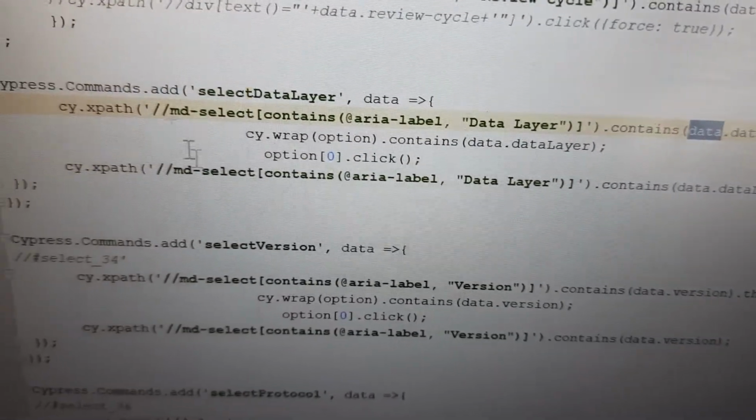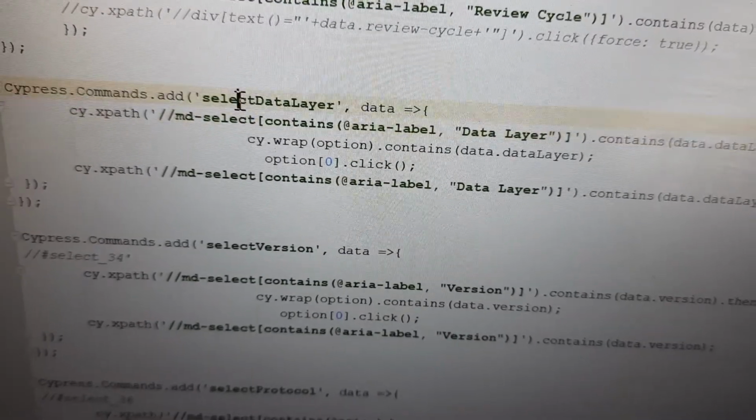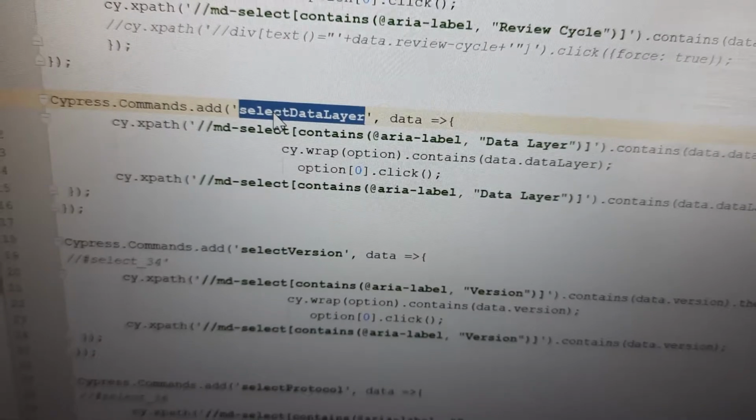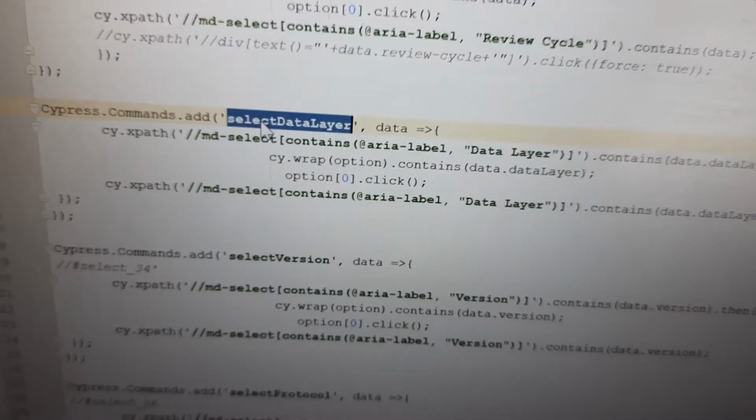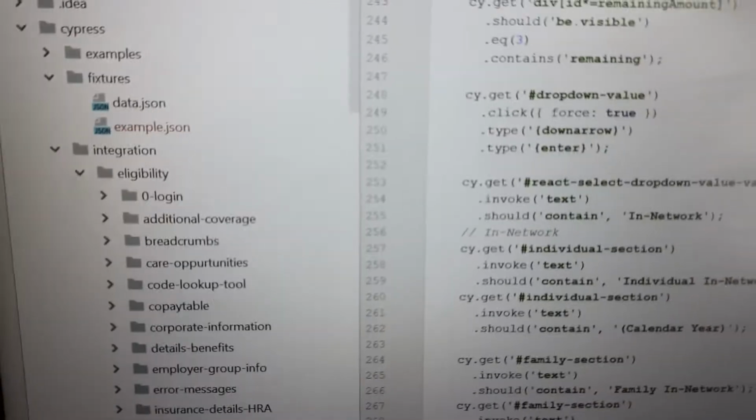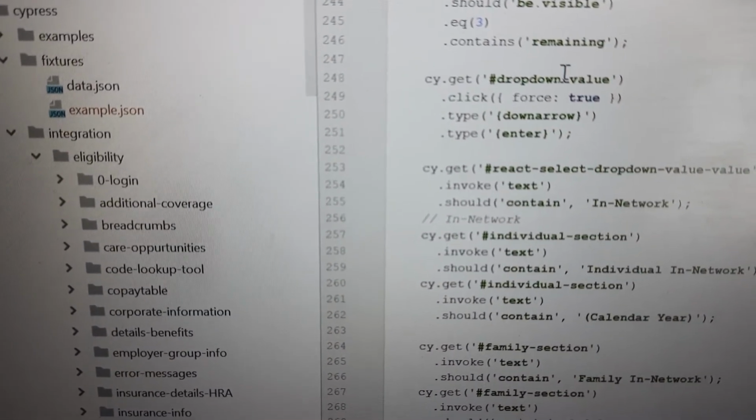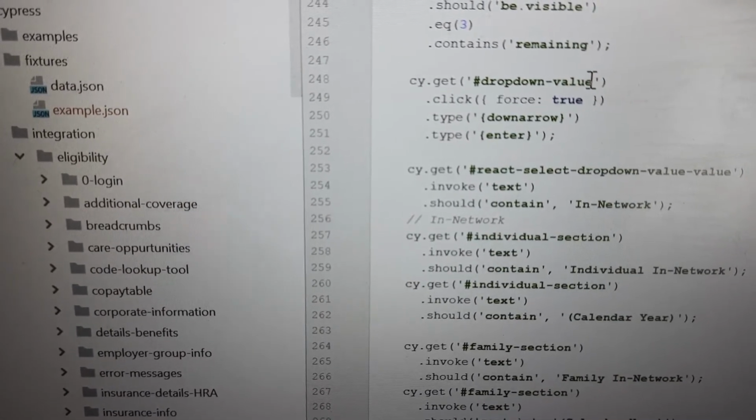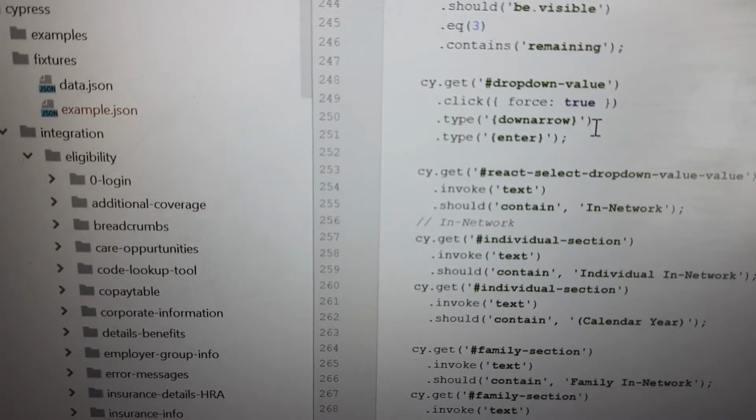If you want to make it as a command, you can keep it as a command like this with your own name instead of select data layer. Or if you want, you can go for another option where you will give drop down, or if you know the exact value which will be there once you click on the drop down, if you know what exact value will be there, then if it is only two values available there,